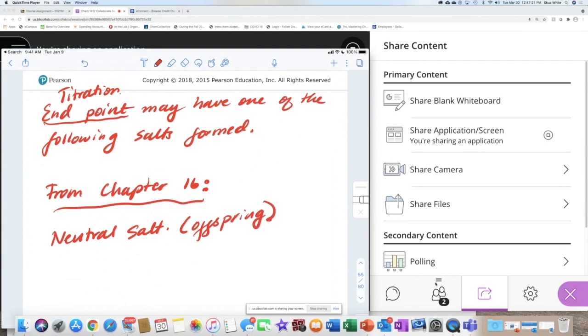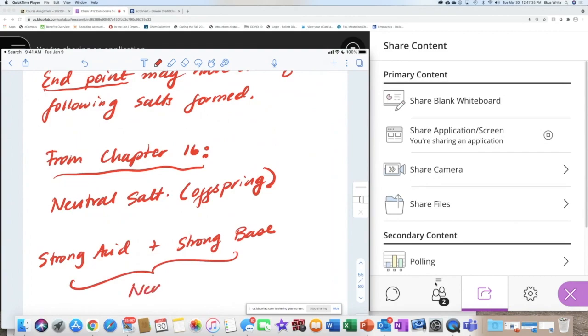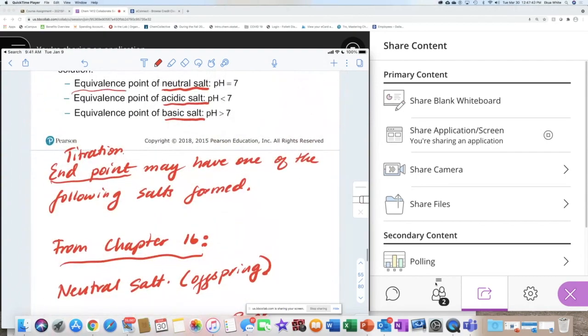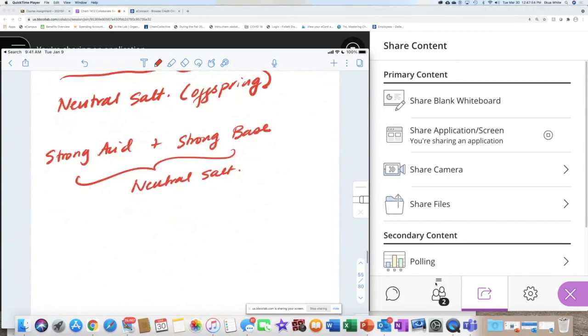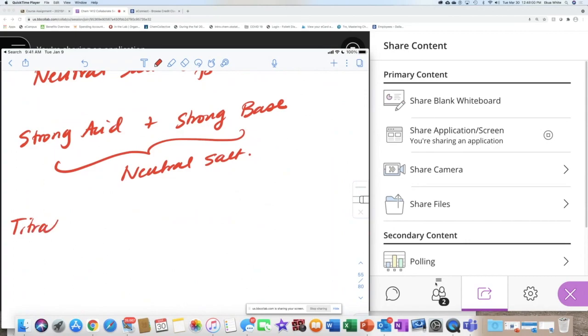So what are the characteristic parents that produce neutral salt? Strong acid plus strong base usually produce neutral salt. Okay, what does that mean? That means if at the equivalence point you have a neutral salt and the pH of your equivalence point is 7, you can work backwards and say that means the titration. So I'm going to write here: titration,